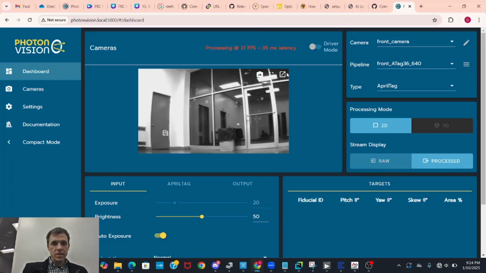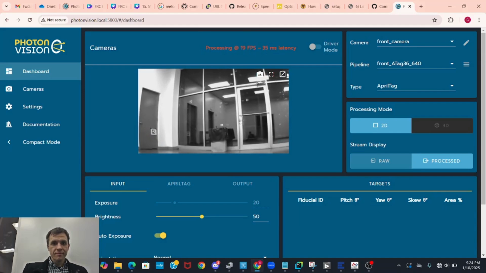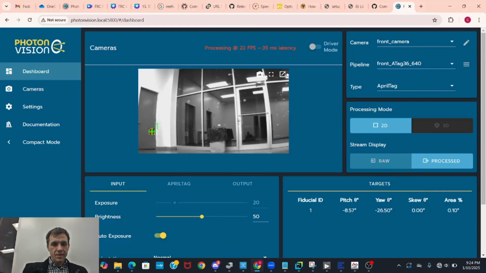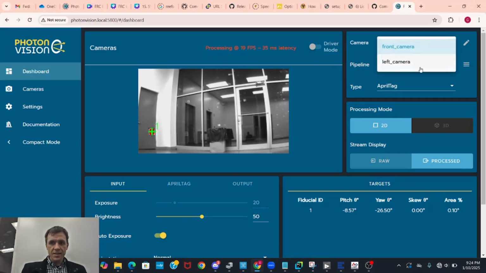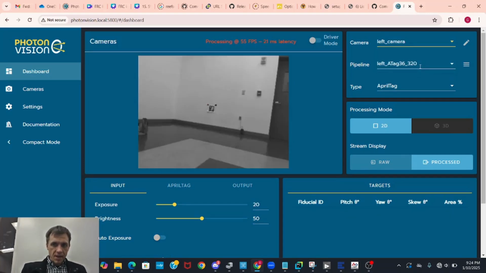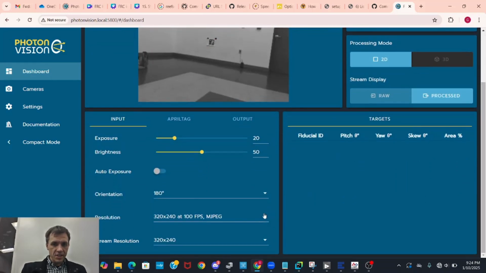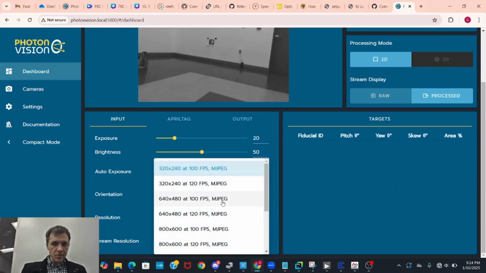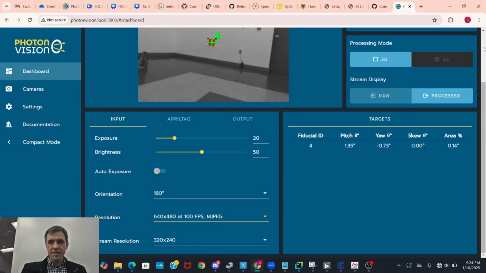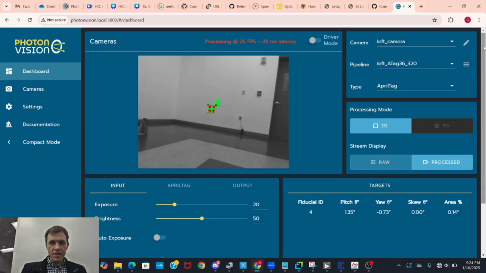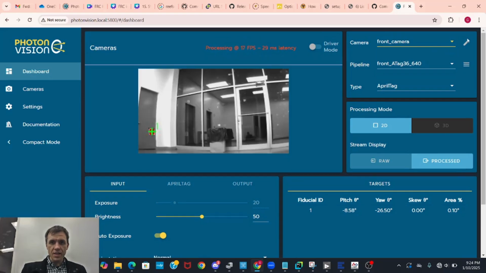Okay, the other camera doesn't see anything. Okay, now one camera sees this tag, the other camera kind of sees that tag sometimes. Let's change the resolution. The reason it doesn't see that tag very well is because the resolution is bad. Now the resolution is better and it's seeing that tag constantly, and the front camera is seeing the front tag